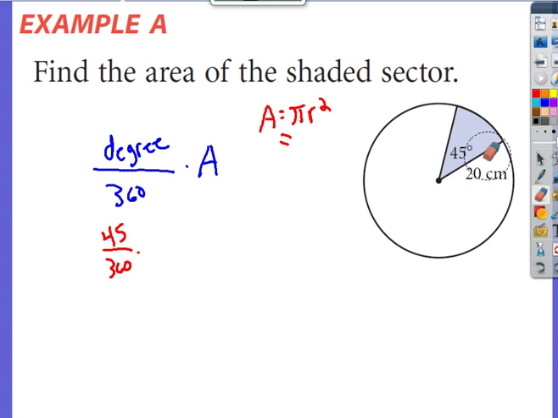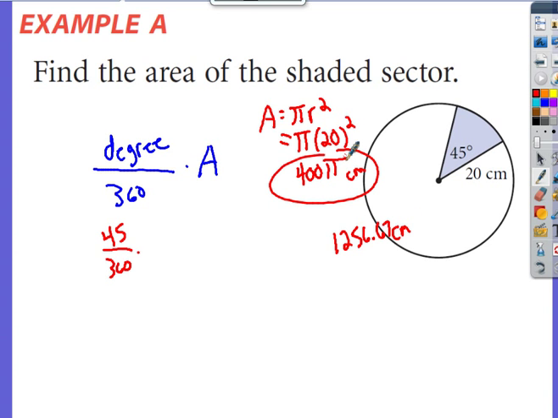So we plug in 20 right here, and we get 400 pi. Or you can multiply that out and get 1256.67 centimeters. But again, I'm sticking with my 400 pi, so I multiply by 400 pi. And again, this is going to find the area of this sector that we're looking for. So now we do 45 divided by 360, and you get 0.125